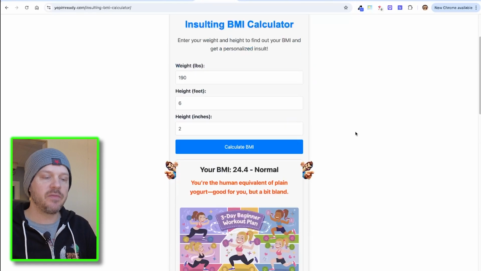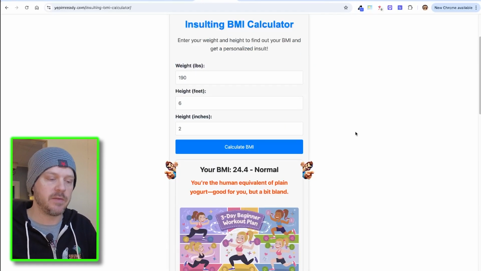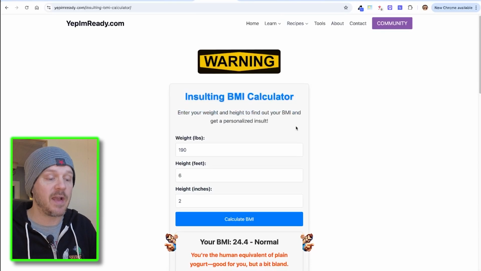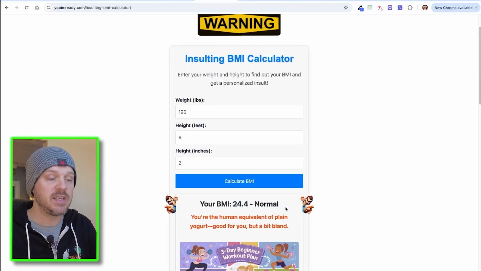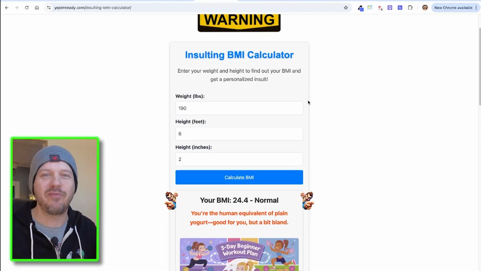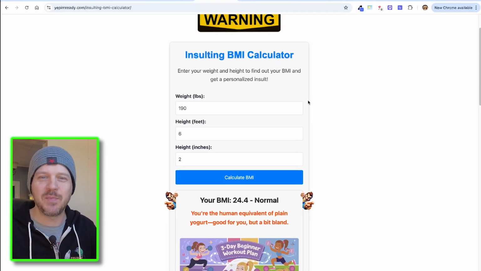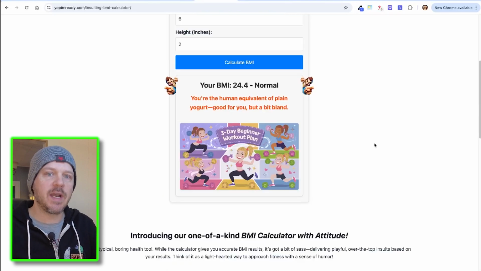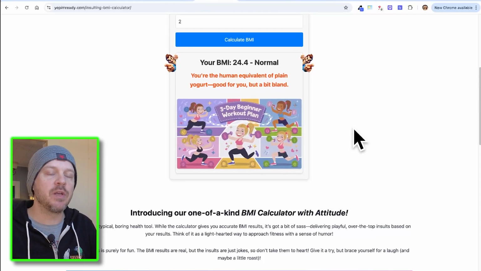So I build a lot of these calculators for a lot of my different websites, and I want to make sure that they're good, that they actually provide real calculations, but I also usually like to put the twist that they're also insulting, or they have funny quips and sarcasms built in, or they have fun facts or motivational quotes. But then I always kind of bake in the way that I'm going to get paid at the end